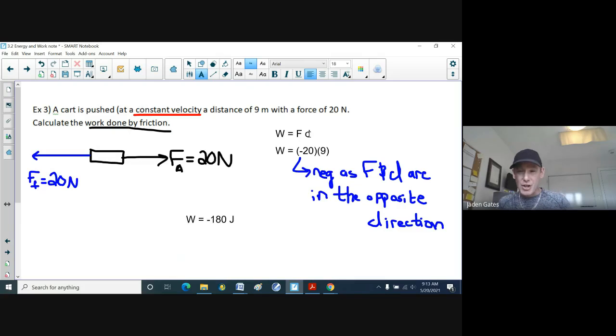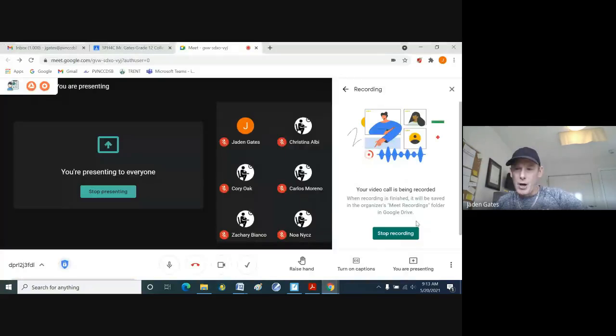One of them, you push a tree or push a house and it doesn't move. Well, your distance is 0. And so you actually are qualifying and saying that you did zero work, even though you pushed hard, you didn't move it anywhere. The other thing that can happen is if you have something floating in space, it's moving a distance, but there's no force on it. So no work is being done. So there are different situations when you can have zero work. But again, we're just worried about positive and negative work. All right, now